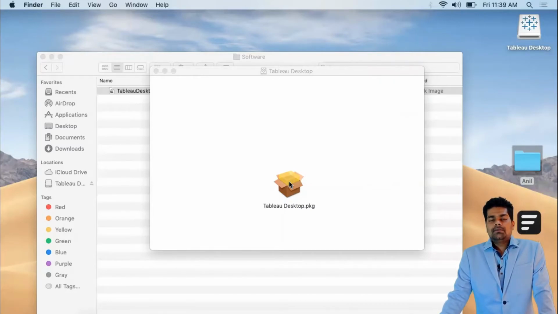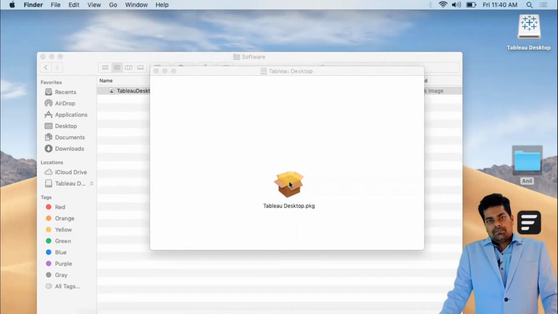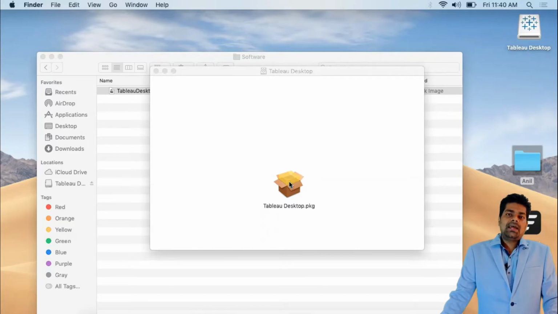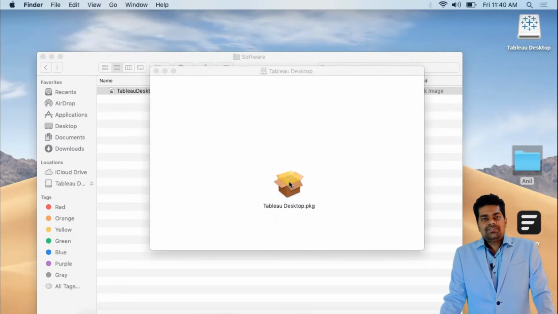For Windows laptops, I have a Lenovo laptop with an Intel i3 processor and 8 GB RAM. An i3 processor and 8 GB RAM is sufficient for Tableau, Power BI and Oracle database.